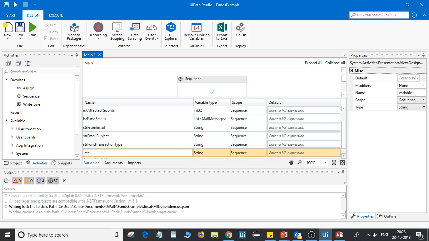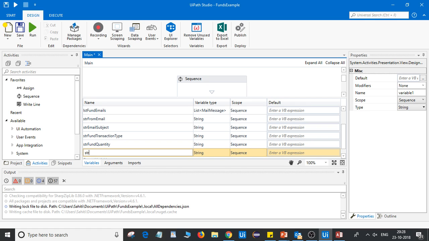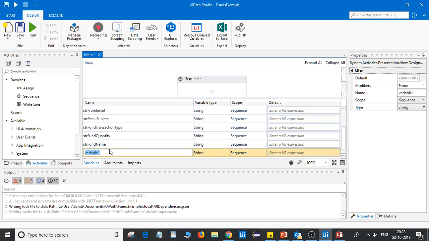Then we have a variable for fund quantity, okay, spelling, again of string type. Then we have string fund name to be of string type again. Now apart from this, as I mentioned, we are going to create a variable to assign to the query that we're going to use to insert the values into the table. So I'm going to just create a variable saying string query,